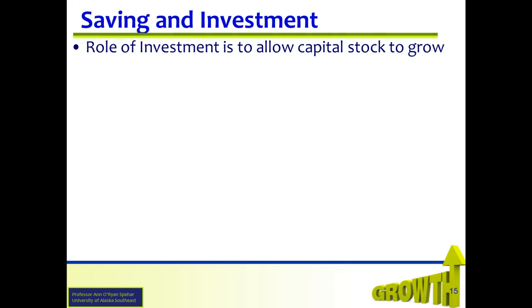Investment will allow capital stock to grow, causing the capital stock, or level, to increase in each time period, say yearly. And as the capital stock increases each year due to investment, economic growth occurs. So investment is expenditure on new plant and equipment and causes capital stock to increase each year. Depreciation causes the capital stock to fall, but let's consider investment first.